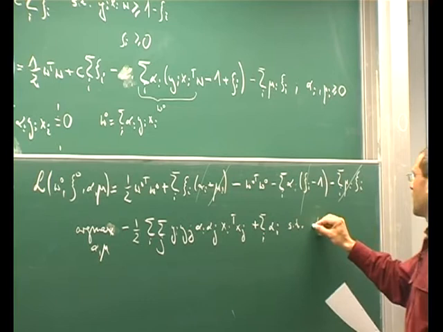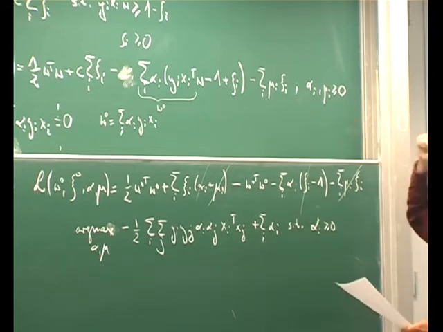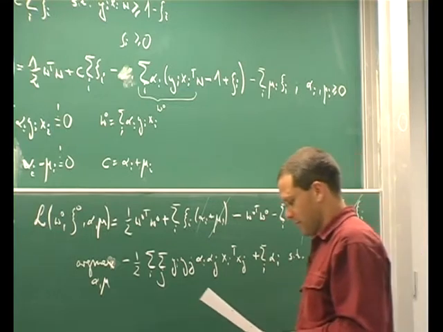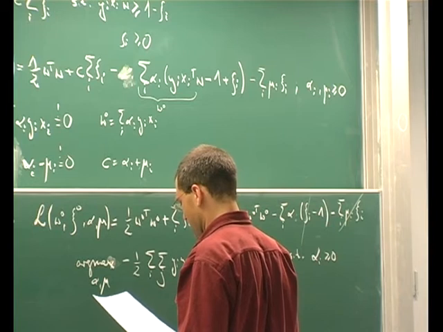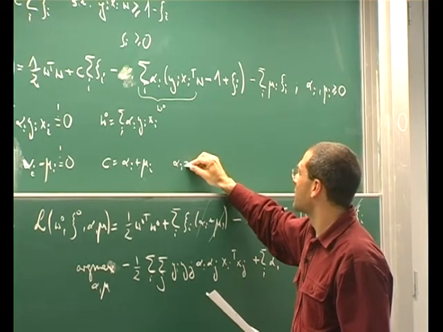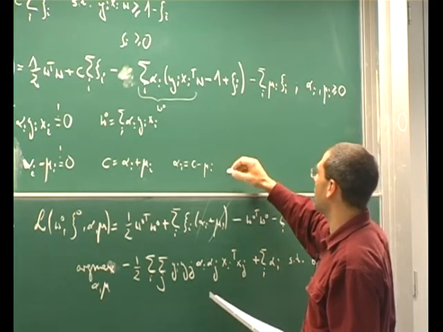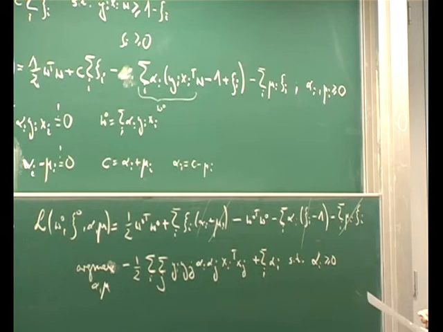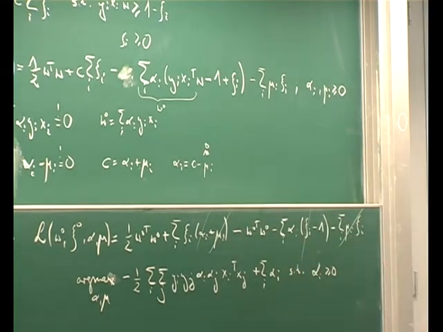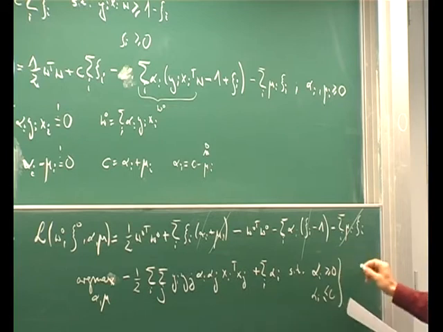And we still have the condition that the alpha I should be larger than or equal to 0. And we had the condition that the mu I should be larger or equal to 0. And we had found that C equals alpha I plus mu I. And so I can say that alpha I equals C minus mu I. And we know that mu I was supposed to be larger than or equal to 0. So if mu I is larger than or equal to 0, it follows that alpha I must be less than or equal to C. So, or I can write this in a single line by saying